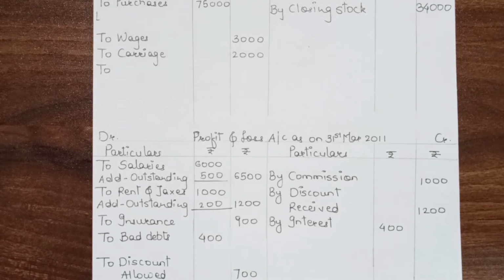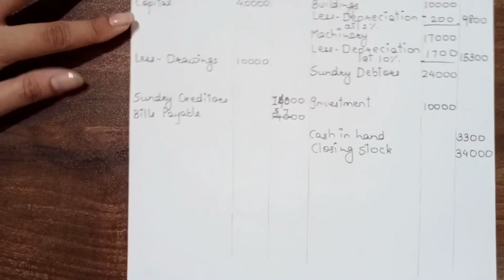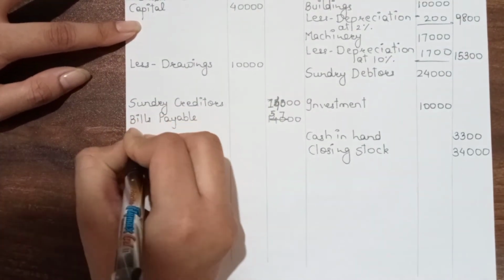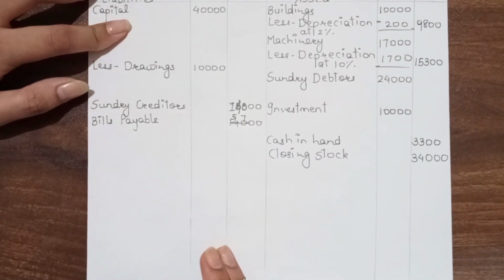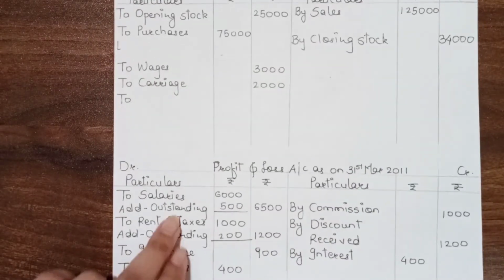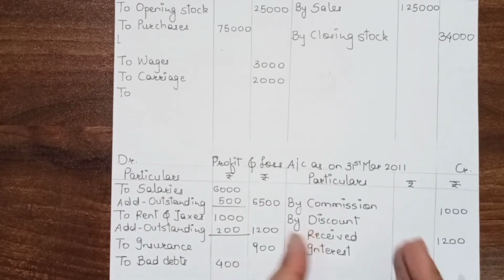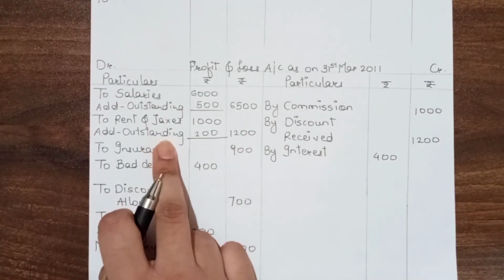Now the second effect of this will appear in the liability side, because this we haven't received yet, but we are about to receive it. That is why we have to give the second effect in the liability side. Oh, not receive. We haven't received it. We have to pay it. Sorry. This outstanding, when we are going to receive it, this will appear in the credit side, but the outstanding is given in the debit side.